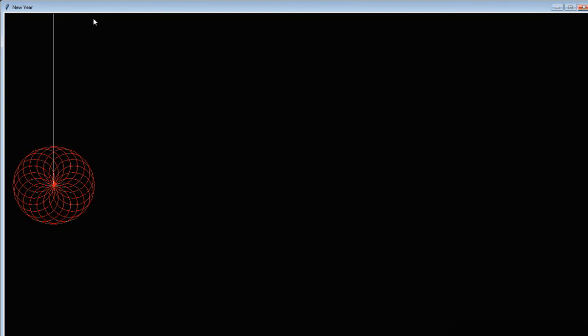Now what we will do, we will make another ball, but the thread of that ball will be until here only, and it will make a ball here, another ball here, and then another one here and here.